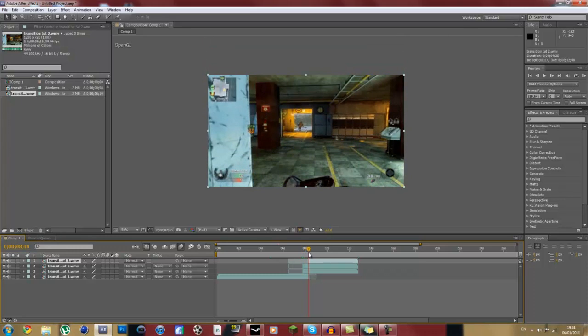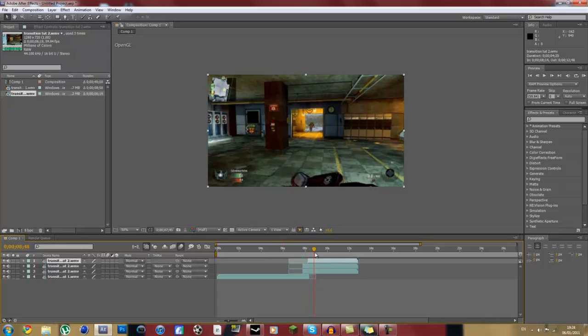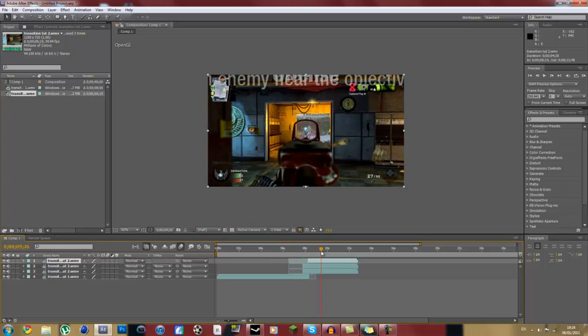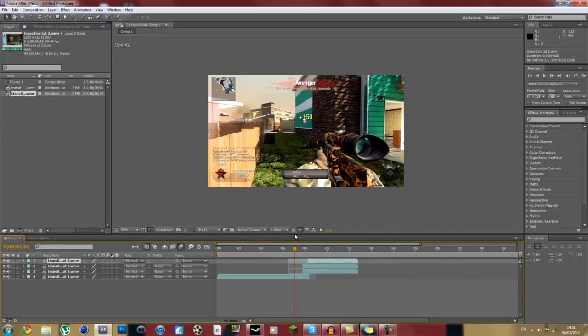So that's going to fade in, the puzzle bit at the bottom is going to come down, then it's going to play nice and smoothly. And then simply it's going to finish. That's it. That is the whole effect. It just involves cropping it, going around with the mask tool. Then it involves you